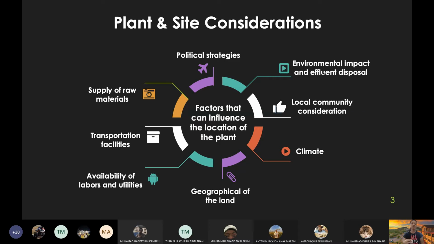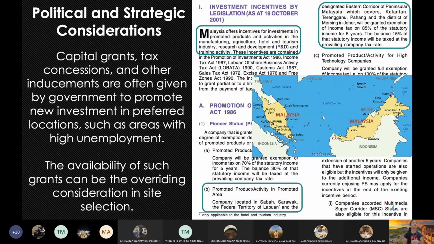So later, when you're doing your design project, you have to discuss all of these factors in relation to the location that you choose. Let's say you choose this location, you have to discuss it in relation to all of these considerations, right? Okay. So we will start with the very first one,